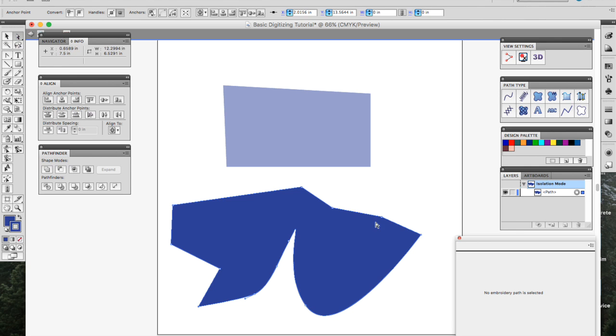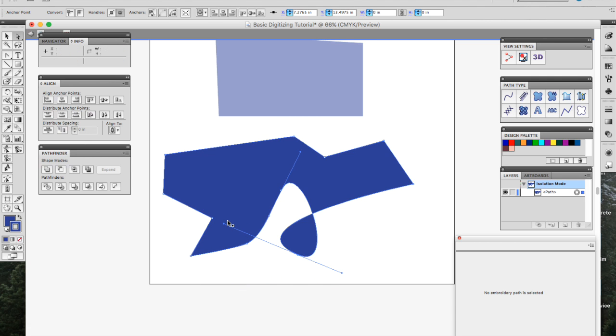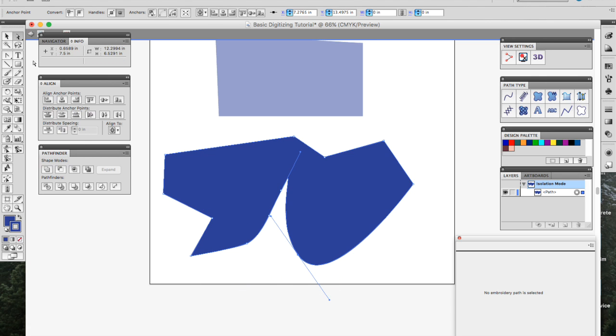Another thing you can do with the direct selection tool, well, not with those, but with this one, if you have a curve, you'll see these handles come off. You can use those too to play with your shape or whatever you want to do. What I did just now was press Command Z to undo that. So